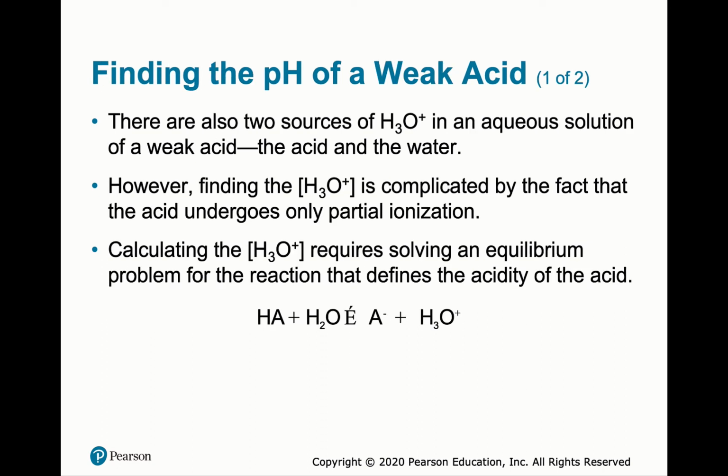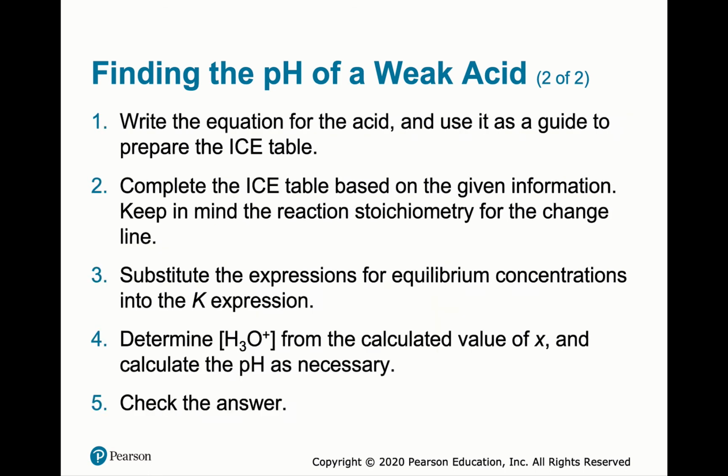Finding the pH of a weak acid, though, is a little more difficult because it involves partial ionization. So we have to look at the equilibrium values. One of the ways to do this is to set up an ICE chart: initial, change, equilibrium. Then you input the ICE chart values into the equilibrium expression and calculate your value, meaning the extent of reaction. There are other videos that explain this. This video is more for conceptual purposes.